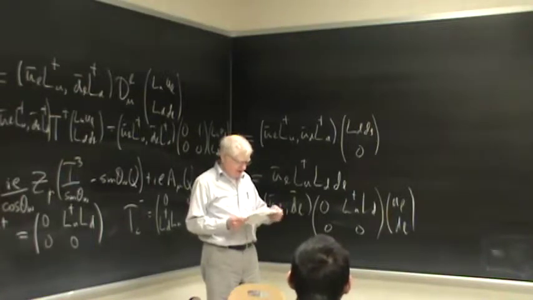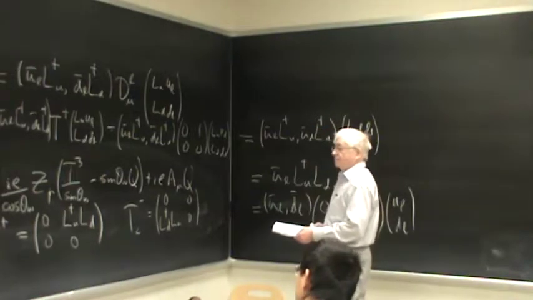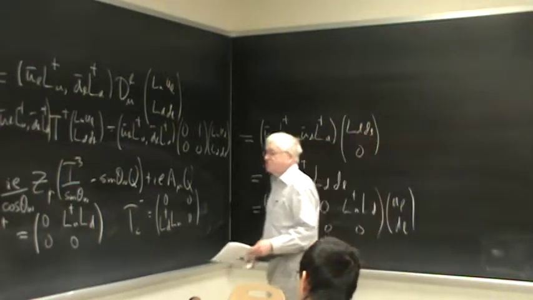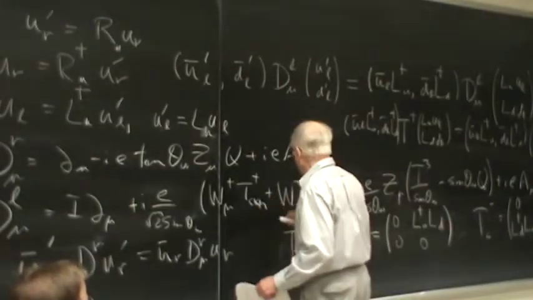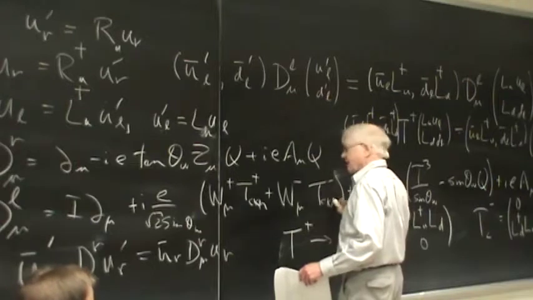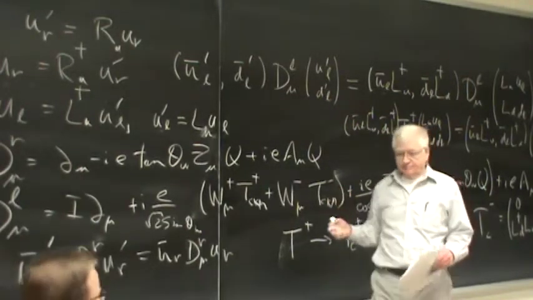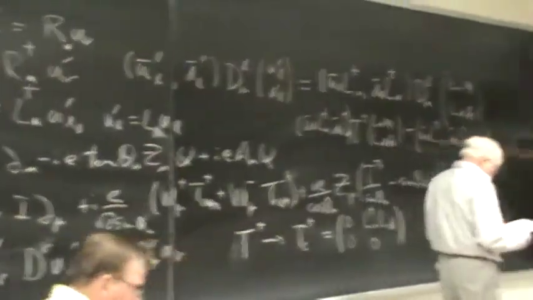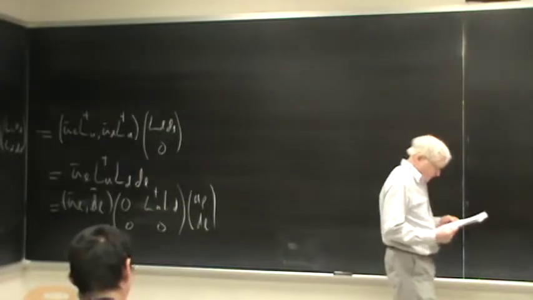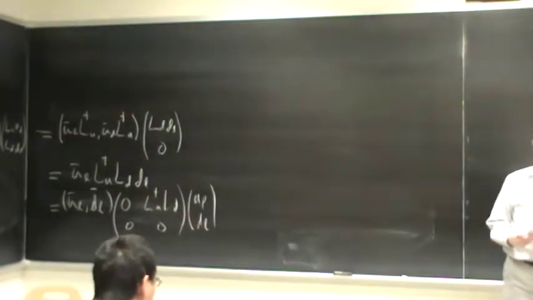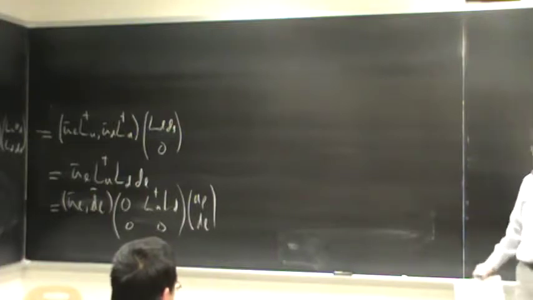Okay, so this is what we've got then as our covariant derivative. We can just rewrite it as this covariant derivative, and we just replace this by CKM, and now we use this with the mass eigenstates. All right, so, all right, now of course with this